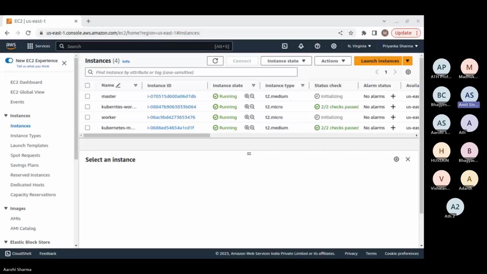Yes, Amit. How many EC2 are required for the project? Meha, are you able to hear Amit's voice? Because all the time I'm facing issues with Amit's voice. So I just want to know if anyone else is able to hear. Yes, Aruhi, you are audible. No, not me, Amit. Amit is on mute right now. Amit, can you please speak up?